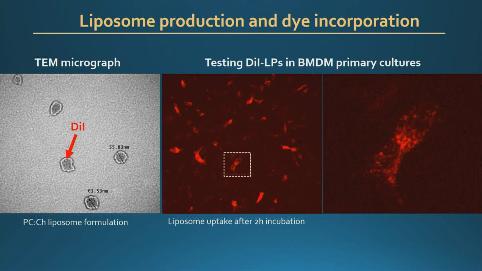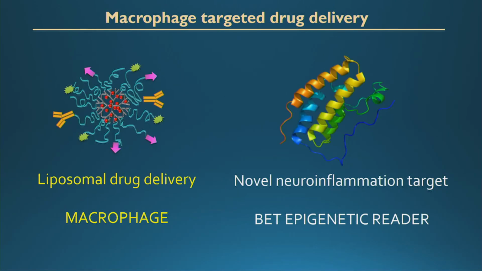In these liposomes, I incorporated that same red dye inside, and I added it to bone marrow-derived macrophage cultures to see if they were being internalized by macrophages. And you can see that at 2 hours, they were inside the macrophages and dispersed within the cells. So the idea now is to use this system, a specific liposome that will target macrophages, and